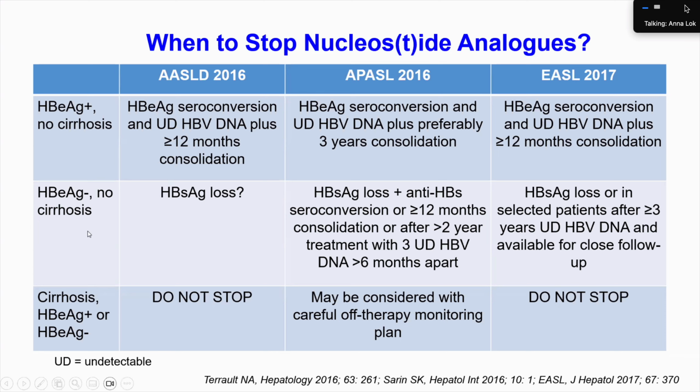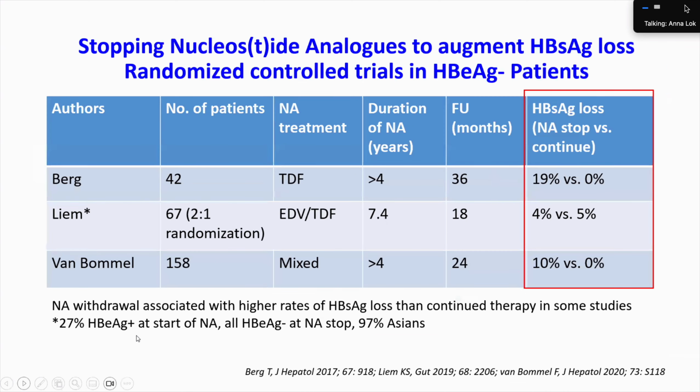With antigen negative patients, AASLD guidelines say we should continue treatment until S antigen loss. But the APASL guidelines and EASL guidelines say we can actually stop treatment in some of these patients, because some retrospective studies suggest that taking patients off treatment after 3-4 years might be associated with a higher rate of S antigen loss. Now, initially, those were based on retrospective studies, but there are 3 prospective randomized controlled trials with